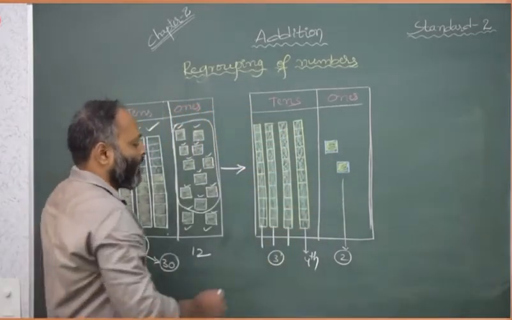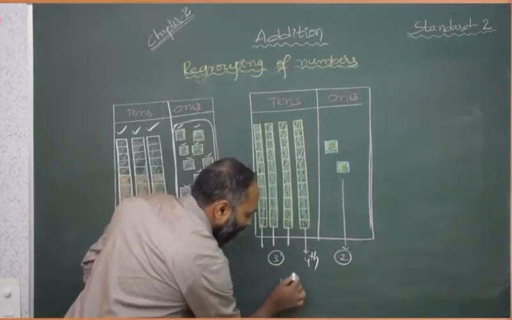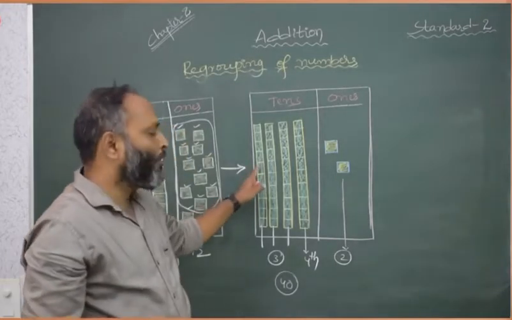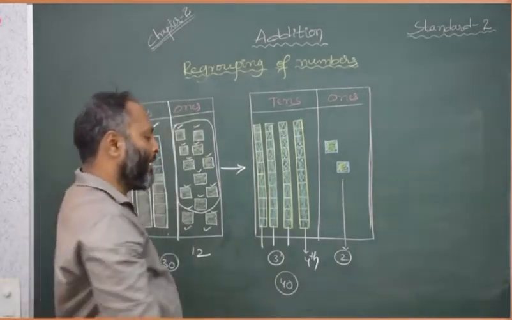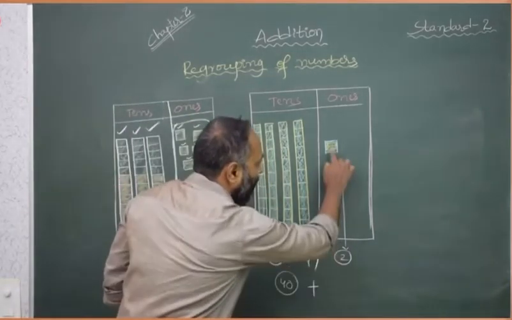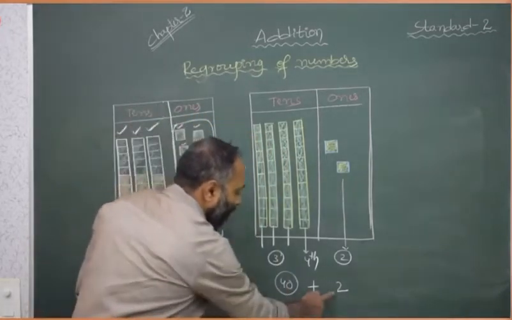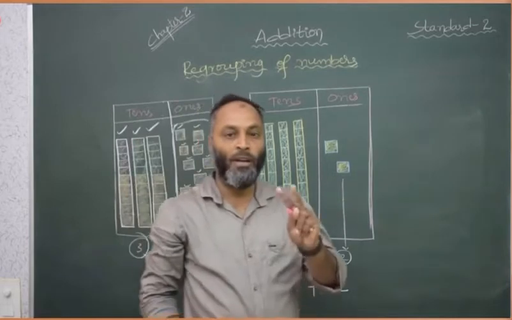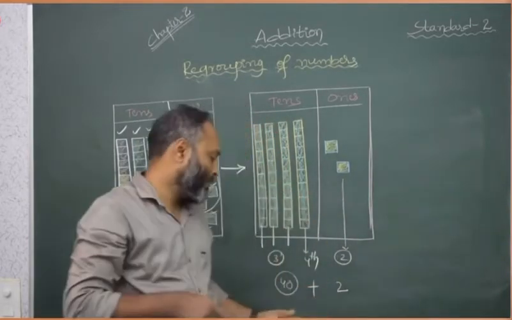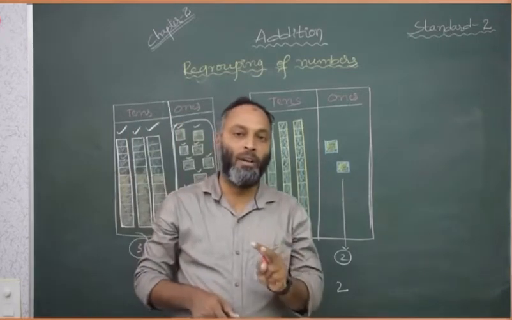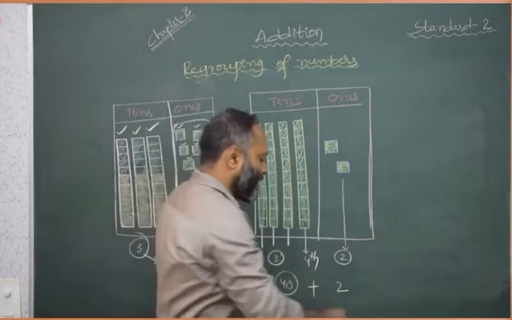Now if we add 10, 10, 10, 10, that is 40. Why? Because total 4 blocks were there. In 4 blocks we have 40 sub blocks, plus here 2 small blocks in the ones place. 40 and 2, forward counting. 40 is there, after that we count 41, 42. Don't count 40 again, start from 41. 41 and 42. That is total how much?